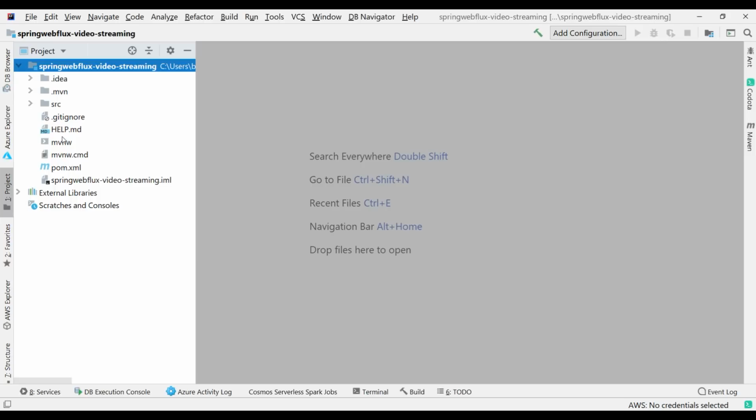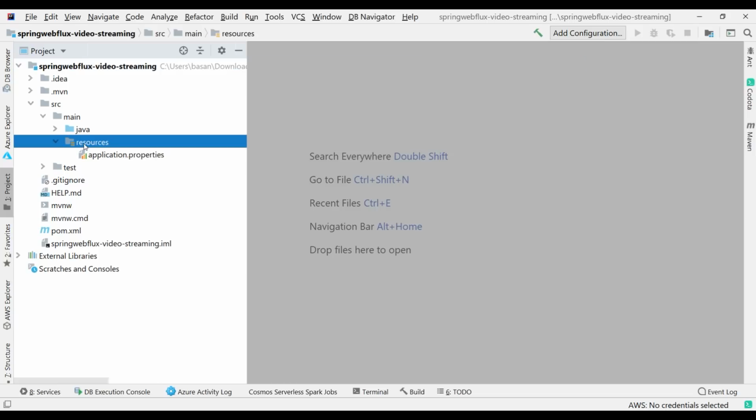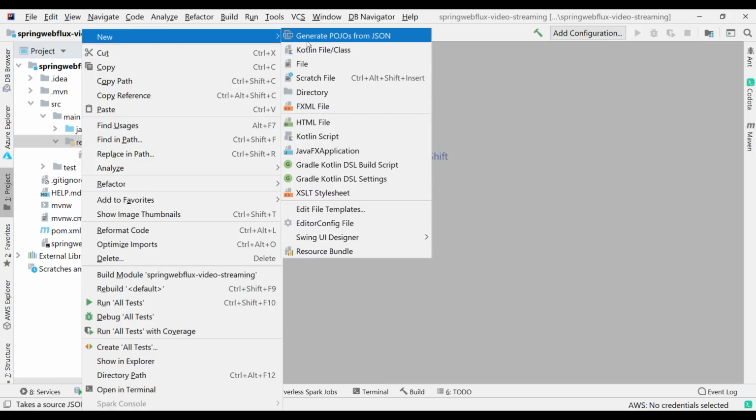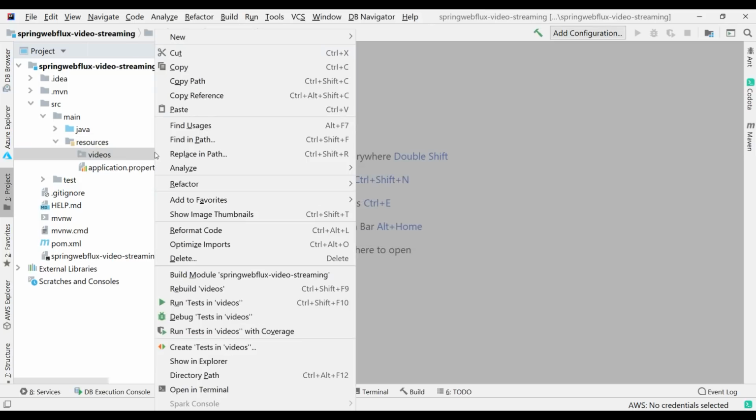Now what I will do, I just want to load one single video. So for the time being, I can add that video folder here. So inside main, I will go to the resources. I will create a folder, let's say I will give the directory name videos. Usually you should not hard-code or add any video in your project directory. It should be fetched from a DB or any other server. Okay. For the demo purpose, I am just adding it inside the project folder itself. Just click on OK, and then I'll just add the video.